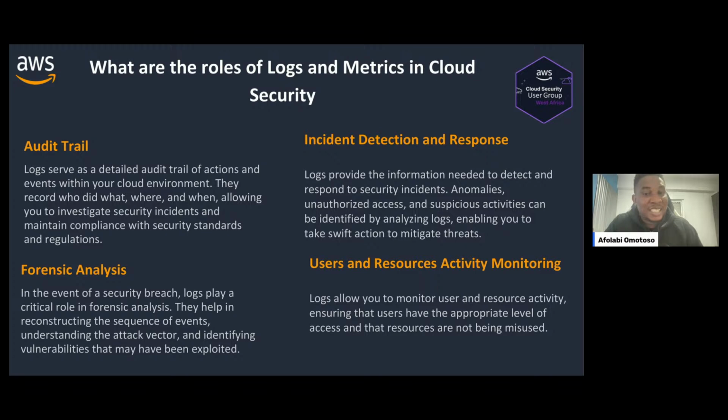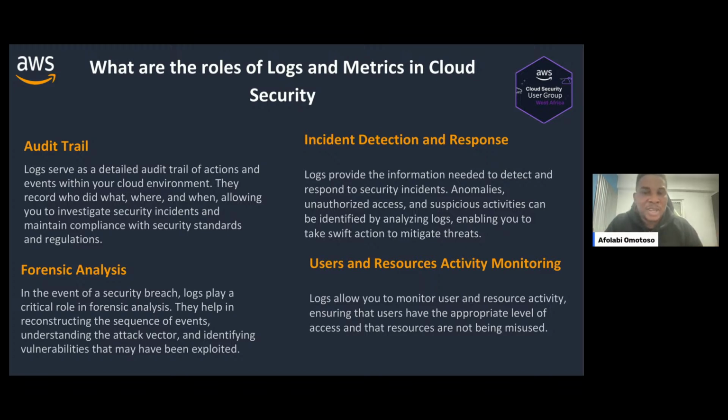Another one is incident detection and response. It gives us the information needed to detect and respond to security incidents. Logs and metrics are very important with this. It helps us to check anomalies, things that are not supposed to be. It helps us to know about unauthorized access, who should not have access but has access to some